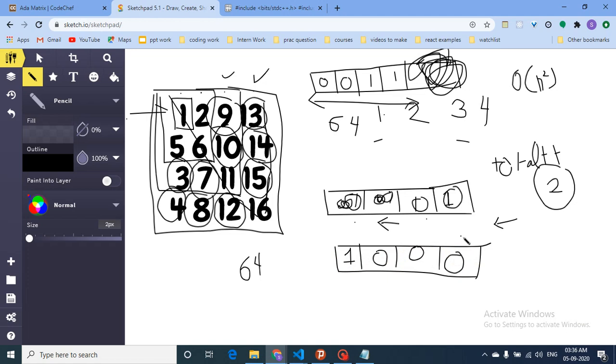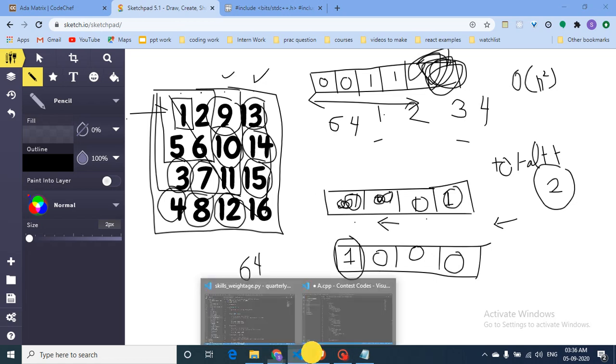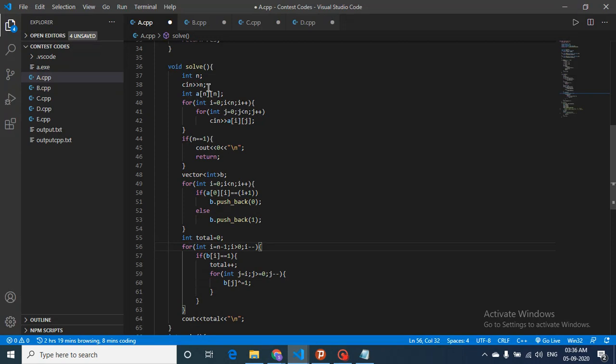So what you will do, you will not iterate from right to left to the last bit, because the last bit is 1 in this L. You can either remove this, like do not count this at all, but if you count this, then do not iterate over this last bit, because for this last bit it is always set. You don't have to do anything for this. Okay, for every operation you don't have to do this for the last bit. That's one edge case you have to see. So let's move on to the code part now.